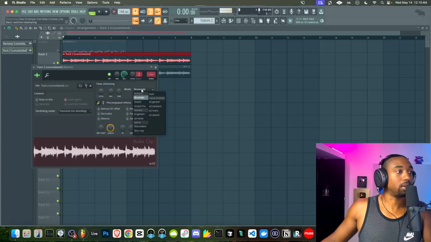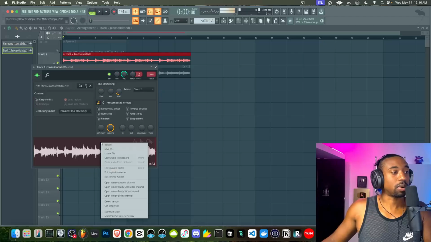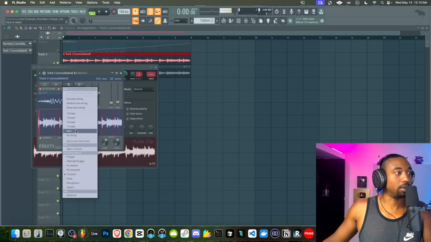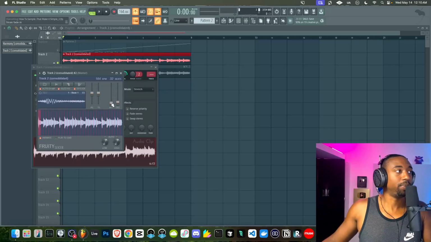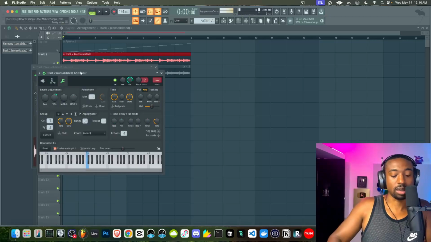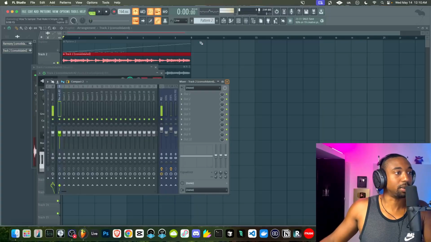So double click, go to mode, stretch mode in this case, just in case we change the BPM. But let's right click and let's open the sample in Fruity Slicer. So I learned this from Wonder Girl. Click this drop down. Let's go to beat, slice by the beat. We're going to pull up what's called the attack curvature. And we're going to go to the gear icon, go to the wrench tool just to turn up to compensate the volume loss. Let's hit Control L, send this to the mixer.